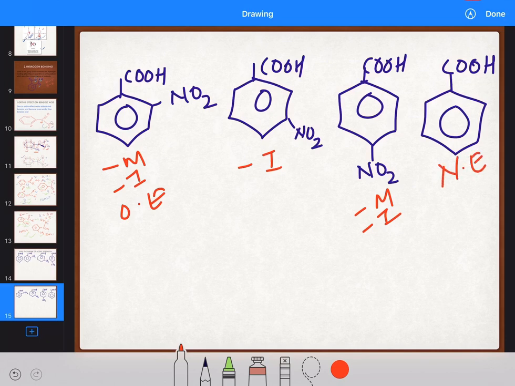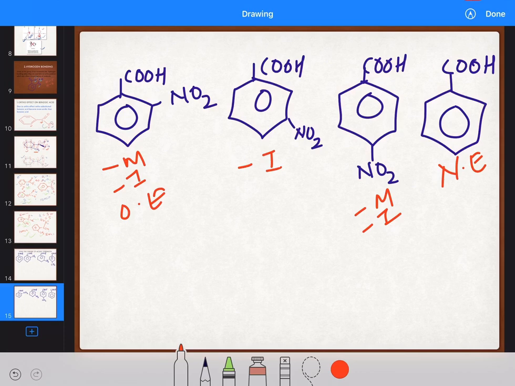Correct? Now at first we will arrange them on the basis of these effects. We will arrange them in their acidic strength order. Correct? Now all the minus effects will increase the stability of the molecules. Then all the first three are more acidic than the fourth one. Is it correct? Because all of them have a minus effect. Now minus M is dominating over minus I, so we can say that the first and third will be more acidic than the second. Now compare the first and third.